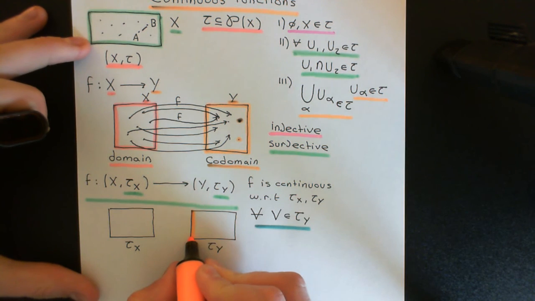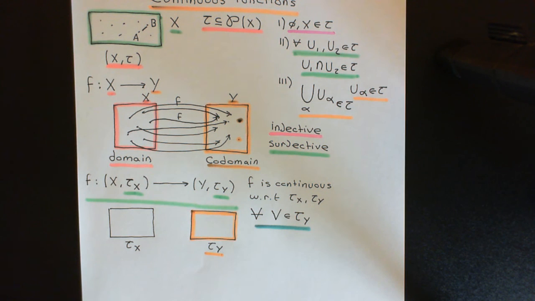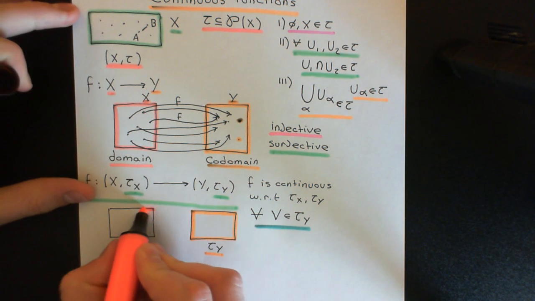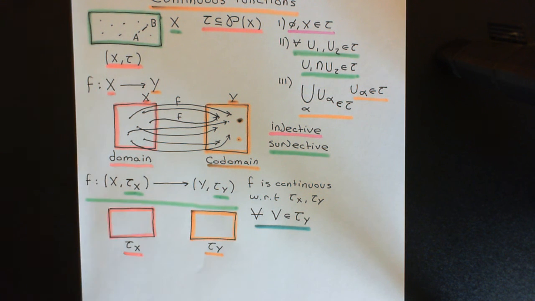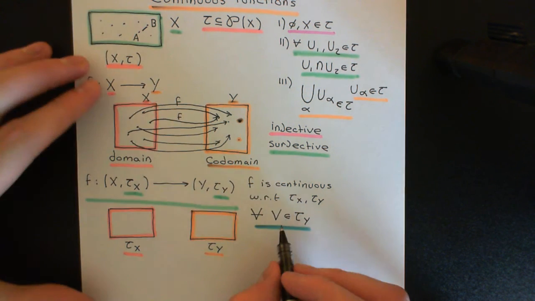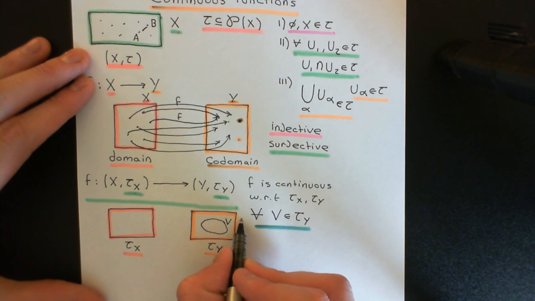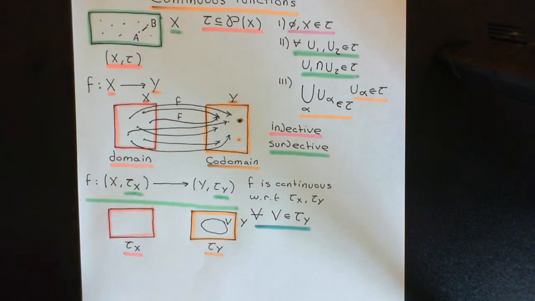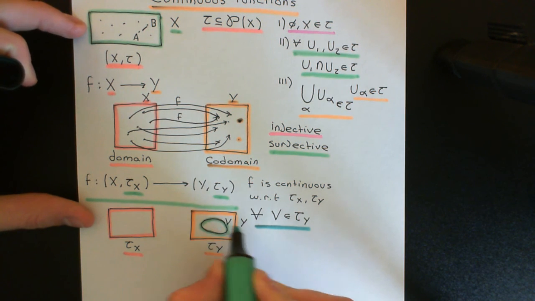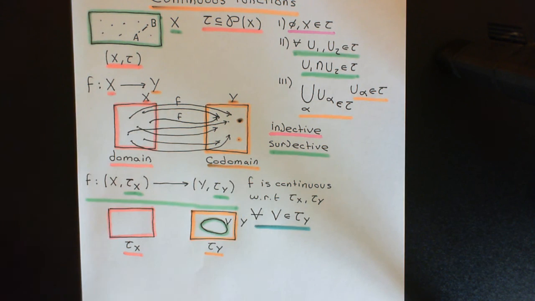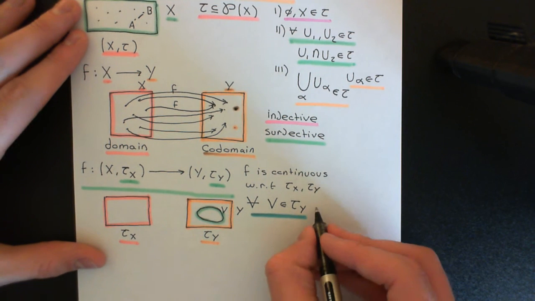So just hold on a second whilst I colour these in. So here is my set capital Y now with a topology on it, and here is my set capital X also with a topology on it. Okay, so now what am I doing? I am taking some subset of my set capital Y, which is an open subset, so it's going to be in the topology tau Y. Okay, so I take any subset of the set capital Y that's in the topology tau Y. It must be the case that